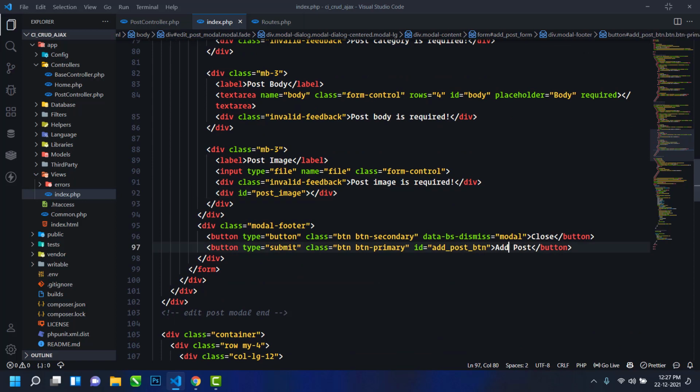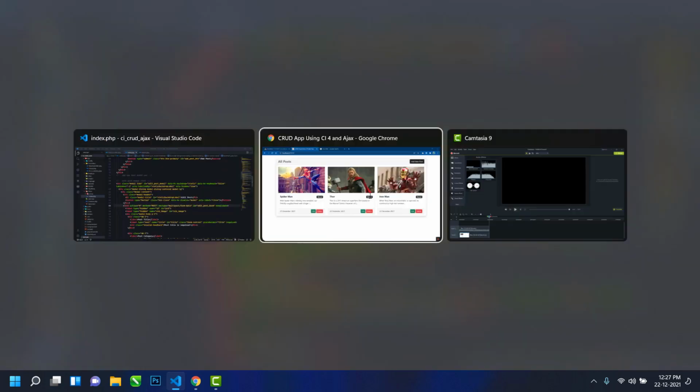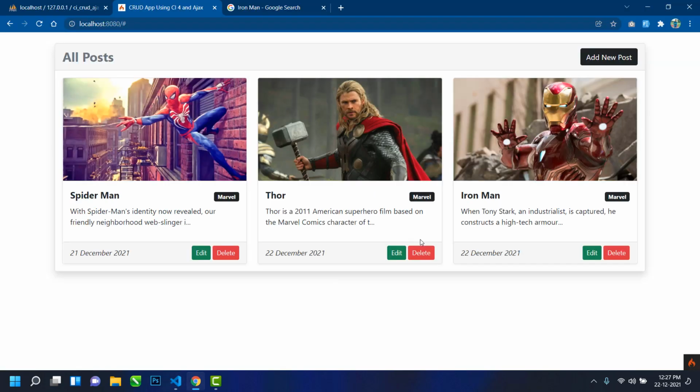And here just change this to update post. Also change this add post button to edit post button. In the form you can see add post form, so here I will write edit post form. Now if you save this and go to the browser and refresh, and now when I click on the edit button,